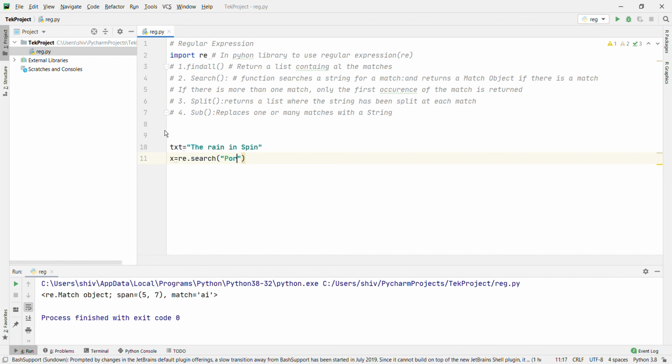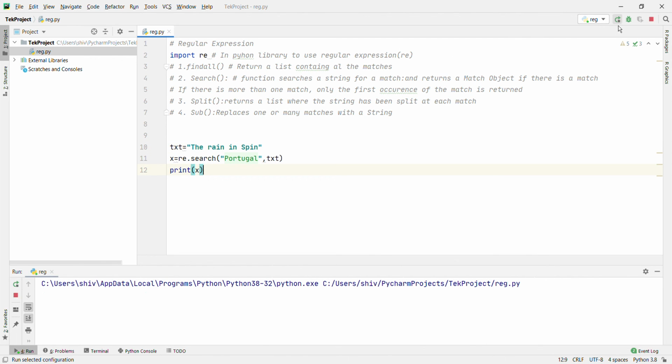Now if you search for "Portugal", which is not there in the text, in txt, and print x. What will happen? Because Portugal is not there in the sentence, it will return None. This is clear now.